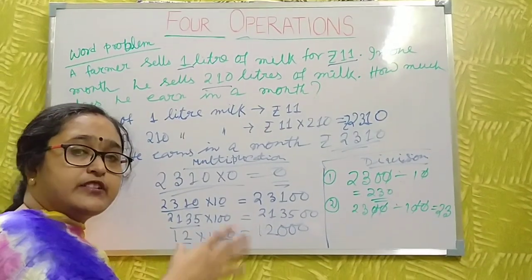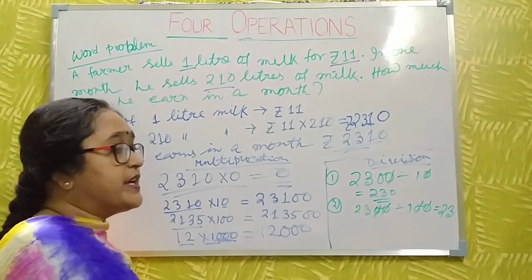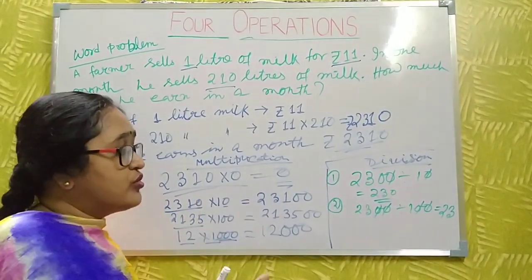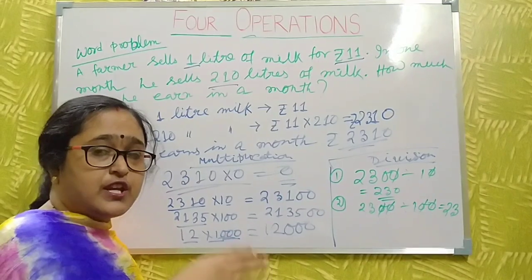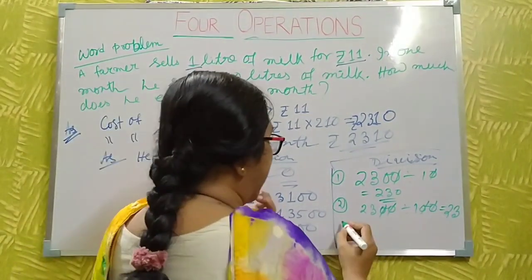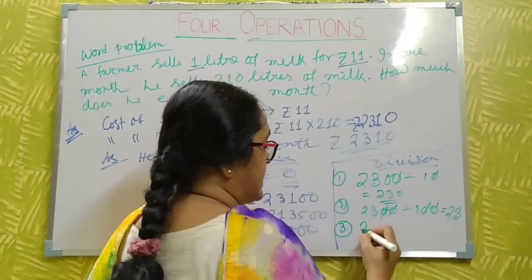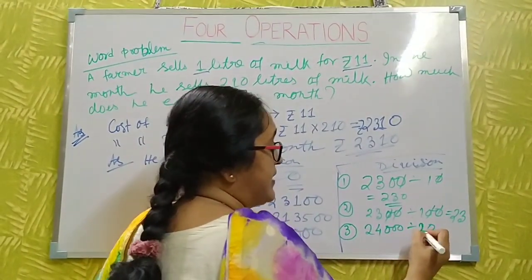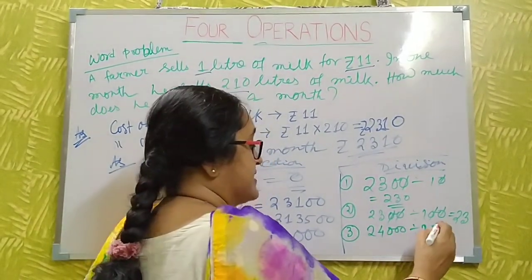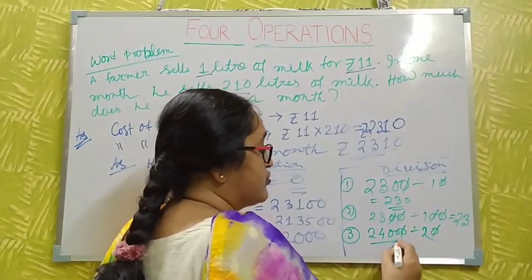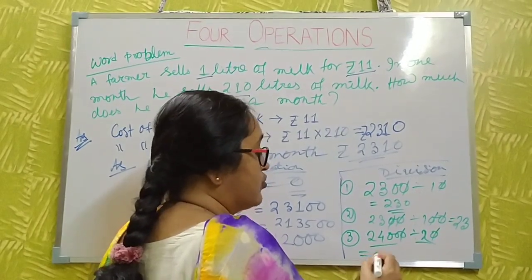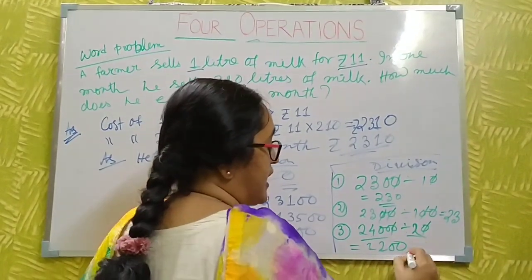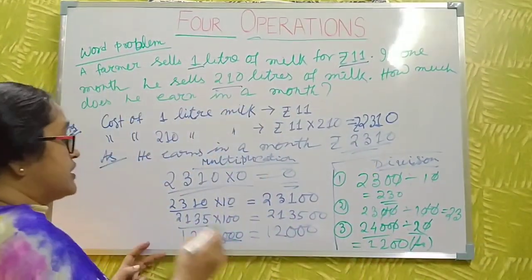If the dividend has zeros, and the divisor also is 100, 10,000 like this, just you cancel the zeros, then you do the division. And just like this also, here divided by 20. Now just like this, you cancel the 0. Then you do the division by 2. Then 2 divided by 2, 1s are 2, 2s are 4 and the double 0 is put here. Just you remember these things.